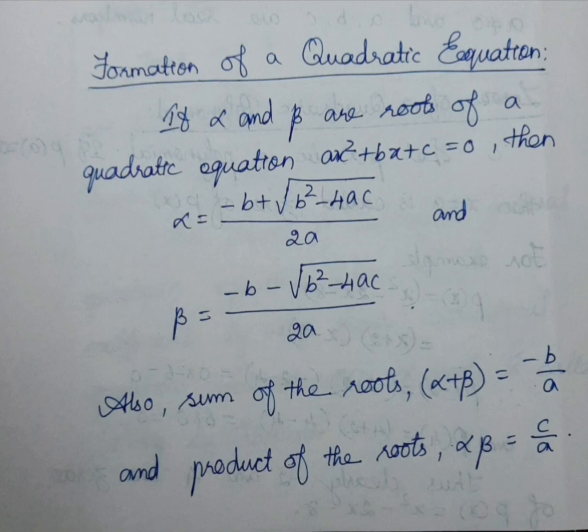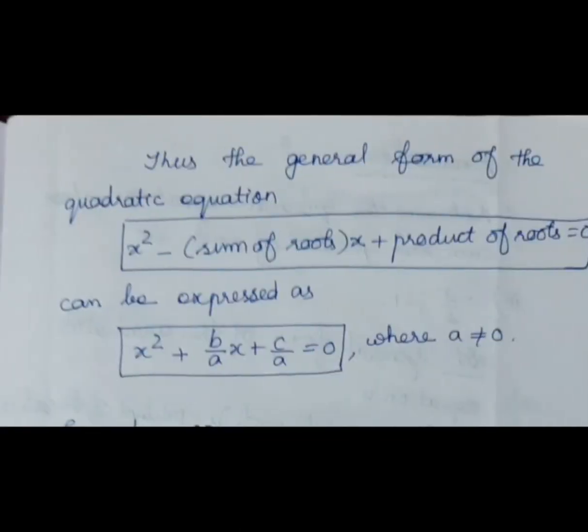Okay, whenever you do this, you should understand a is the coefficient of x square, b is the coefficient of x, and c is the constant term. Okay, so using this sum of the roots and product of the roots, how to write the general form of the equation? We know, normally using the sum and product method also we are doing. Okay, x square minus sum of the roots into x plus product of the roots. It is the general form of the quadratic equation.